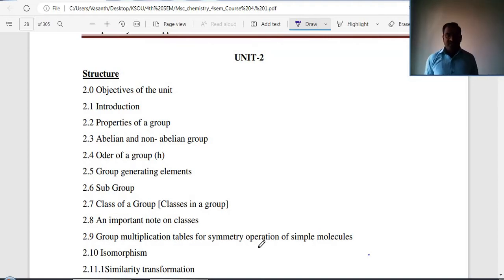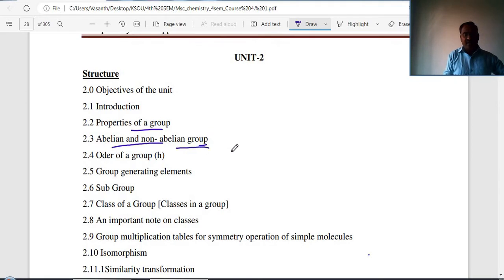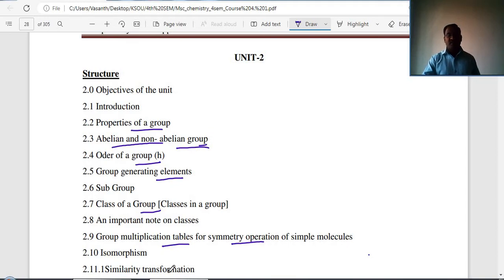The objectives of the unit are to discuss the properties of a group, abelian and non-abelian group, order of a group, group generating elements, subgroups, class of a group, some important notes on classes, group multiplication tables for symmetric operations of simple molecules,